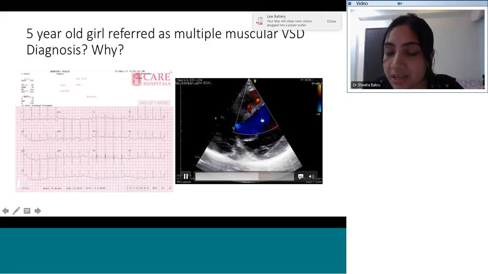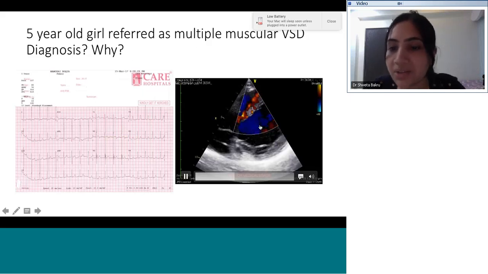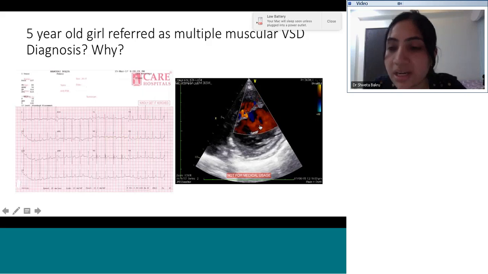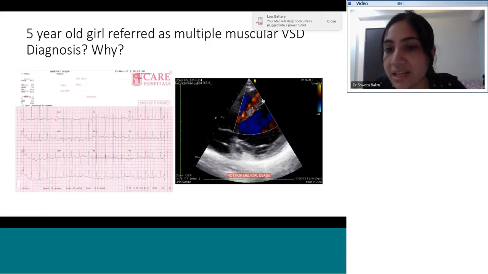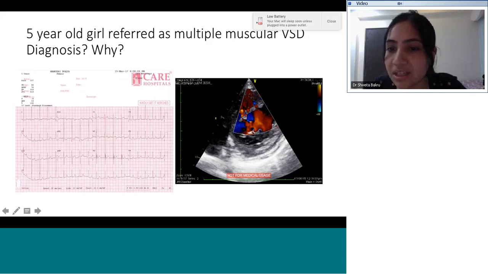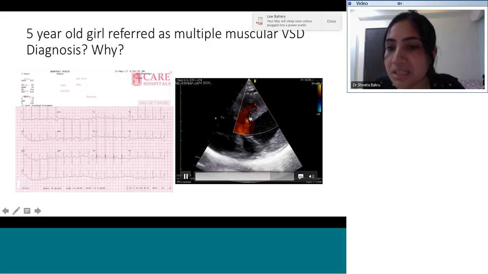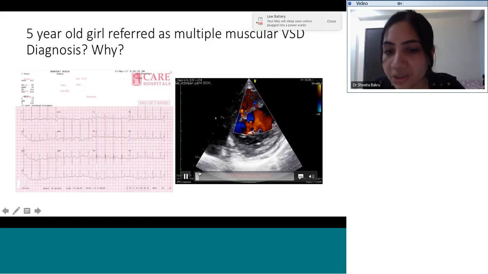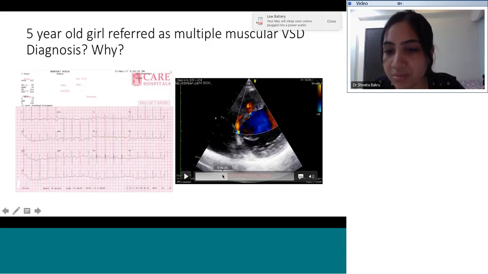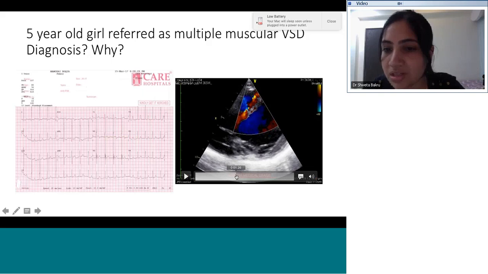To label it as a ventricular septal defect, the shunt happens only during the systolic phase of the cardiac cycle. But if you look at the color flow here, it is uniform. It has been happening, the color flow is continuous. So I'm just going frame by frame. The flow is continuously happening across.